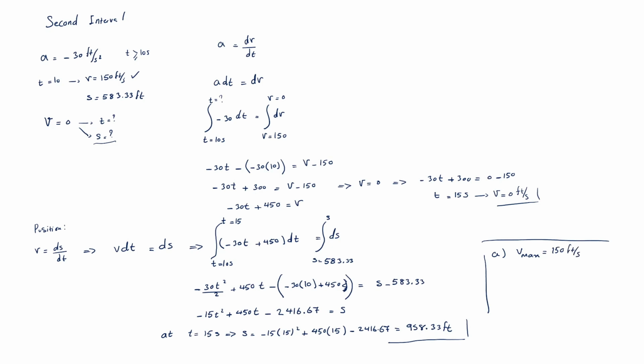The total time that the velocity of the race car reached zero is 15 seconds, and the total displacement of the race car when the velocity of the race car reached zero is 958.33 feet. This is the answer of this question. Let's look at the